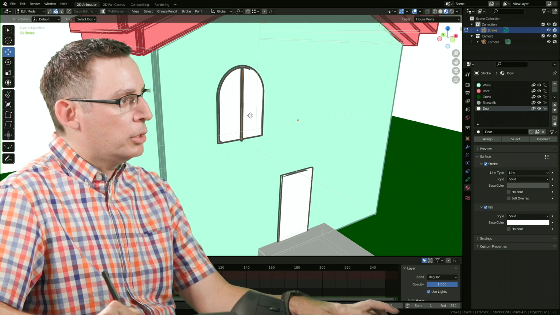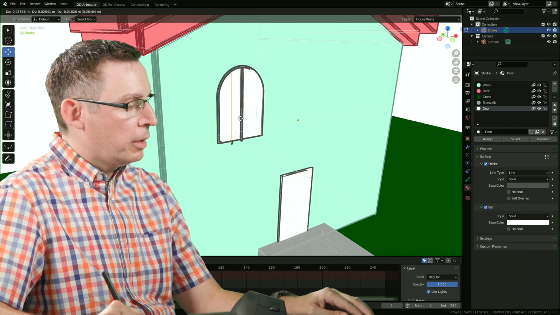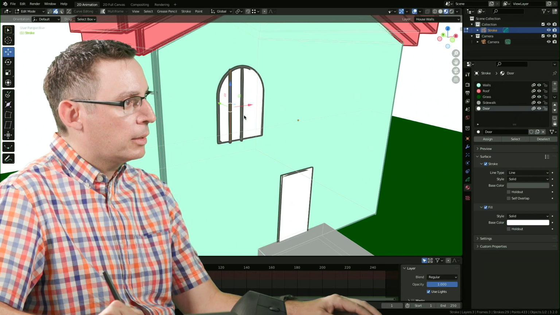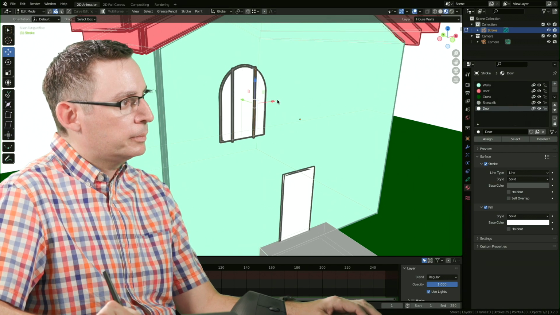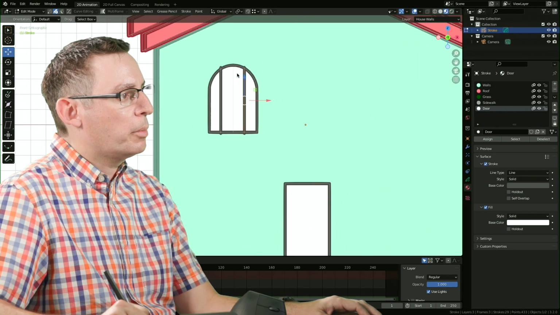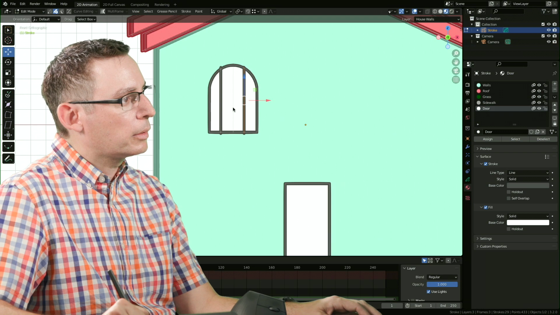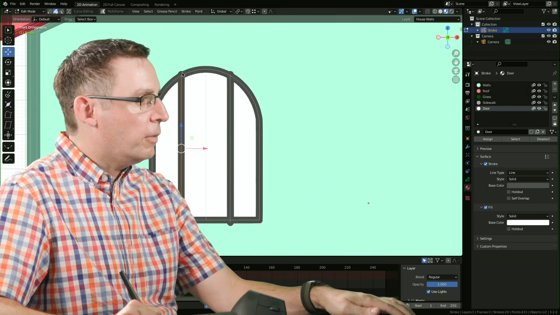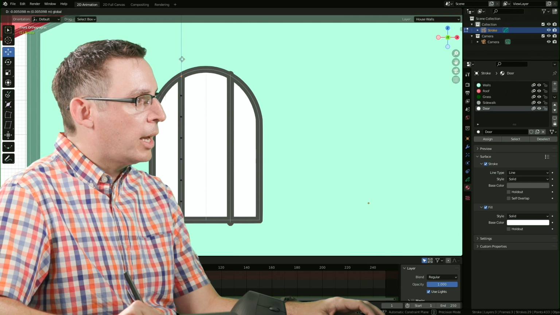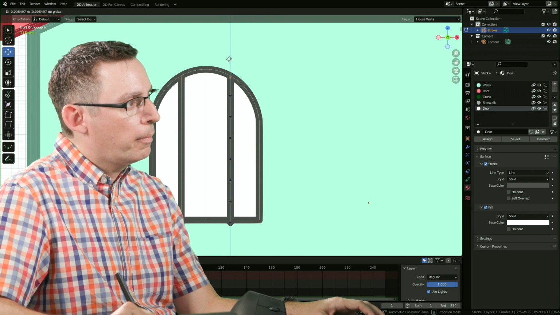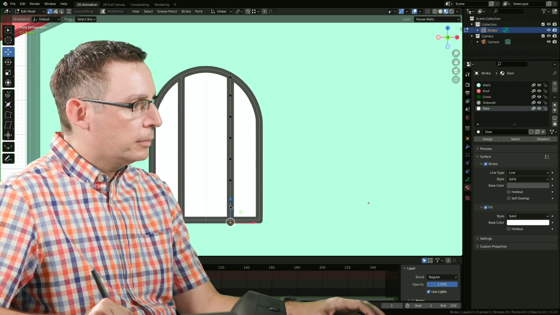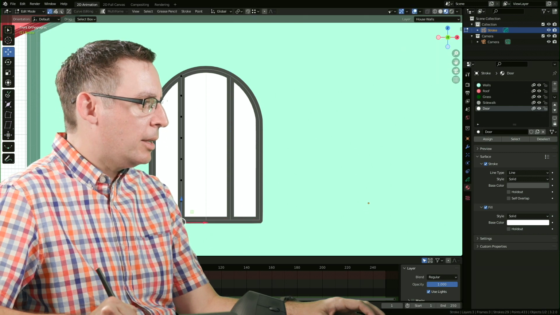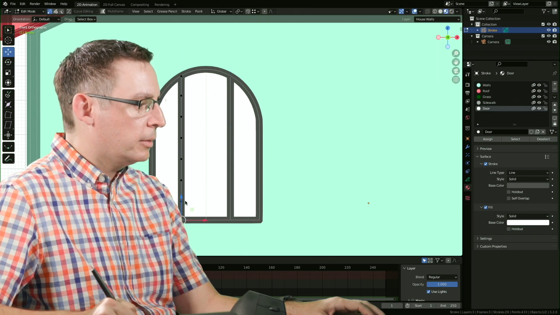I'm just going to duplicate this once along the x-axis. I'm just going to spread these out. Let's look at it from the front. You can even go in on that top vert, bring it down so it's not penetrating through the top. We're so free to add as many of these lovely details in here as we'd like.